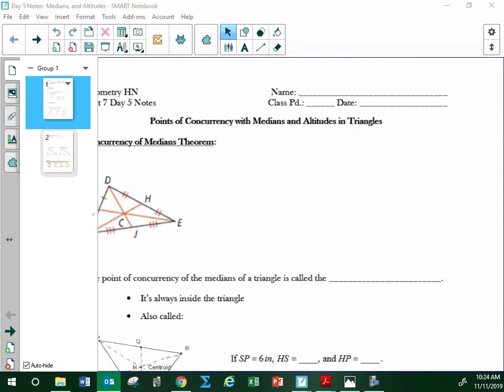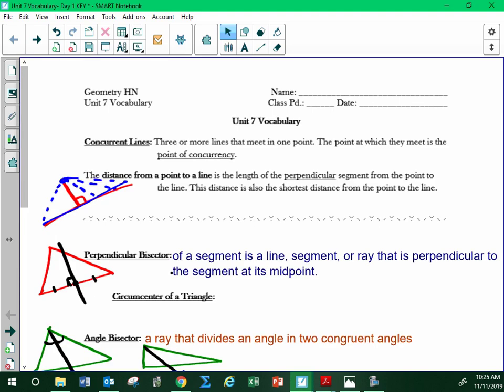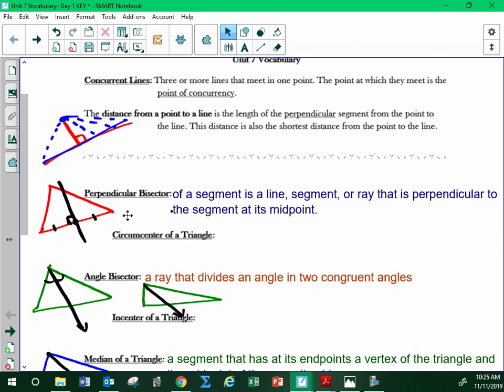All right, go ahead and bring it back up front. So again, it is extremely important that you know not just the vocab terms, but that you can identify them, that you know which terms go with which, and what properties go with which. So let me pull up our vocab. Okay, so last class we talked about pretty much this first half here of perpendicular bisectors, angle bisectors, circumcenter, and